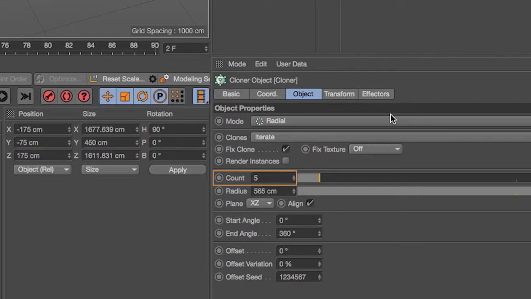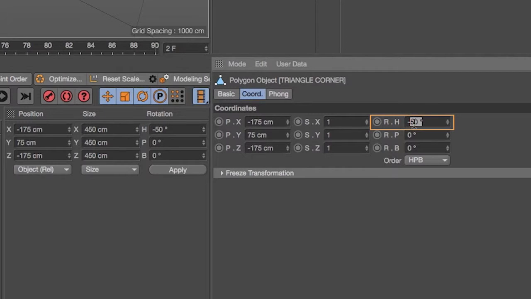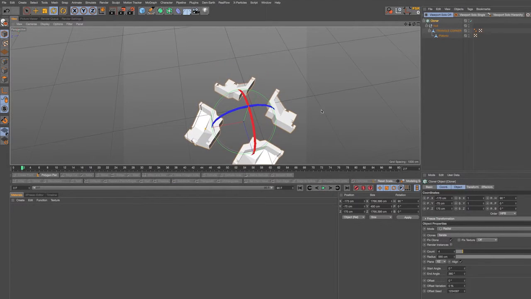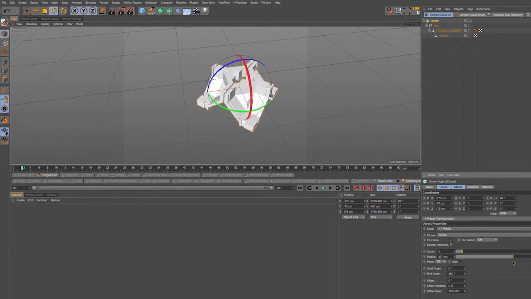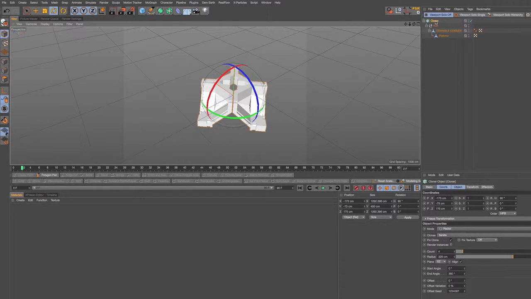First, I'm going to reduce the clone count to 4 and adjust the rotation of the clone to 45 degrees. This will sort out the alignment issue. Just going to reduce the radius of the cloner a little. About there looks good. Now, if you select your cloner, hold Command and drag it down in your object manager,